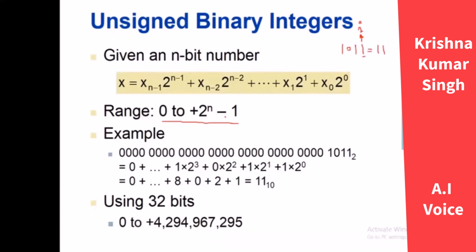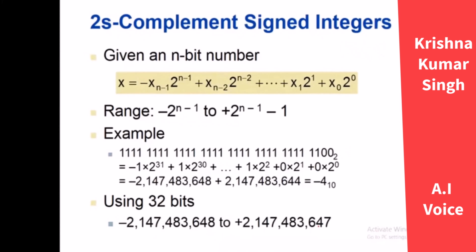So with a 4-bit number, you can display a number between 0 to 15. With 8 bits, you can display a number between 0 to 255, because 2 power 8 is 256, minus 1 is 255. With 10 bits, you can display a number between 0 to 1023. What about a 32-bit number? It will range between 0 to 4 billion something. This is for unsigned binary integers, so it will be only positive. But in the 2's complement sign